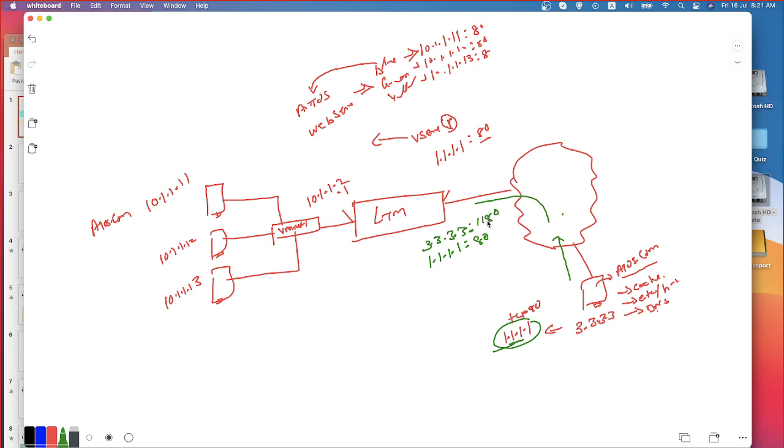Now what the LTM has to do is, first of all, since the request has been received, it will check whether the received IP address and the port number is matching any of my virtual server configuration or not. Yes, according to my configuration, there is one listener which is 1.1.1.1 listening on port number 80. So the received request needs to be processed by the LTM. Now since this is a match, the LTM needs to decide where the request needs to be forwarded, because the actual web server is not running on the LTM itself. So it has to identify one of the server members to whom the request can be forwarded.